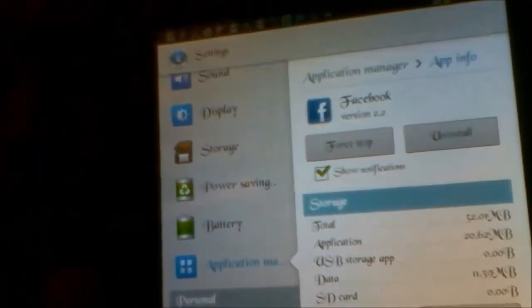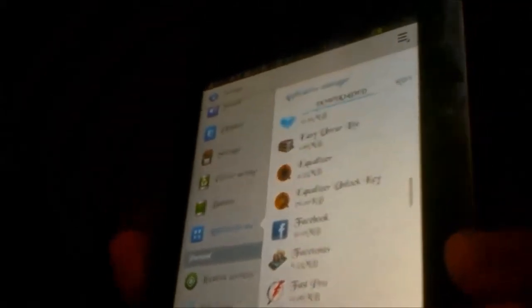Various options will appear. Force stop, uninstall. Don't uninstall, just do a force stop. You can see a bit of a warning, but this is of no concern. You can just OK it, and your app has been killed. And now if you go to your running tab, there is no Facebook application here. The benefit of using this process is that this application will not run automatically until you click on it, until you want it to run.